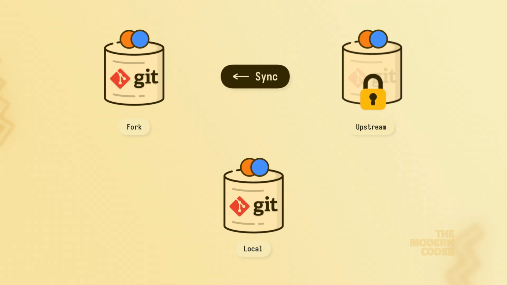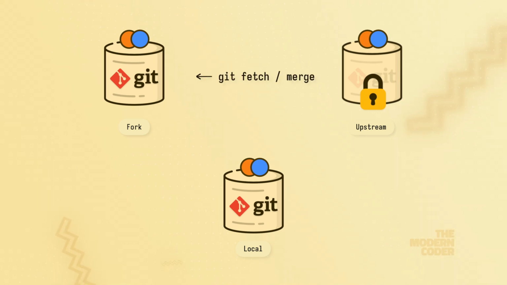However, other sync operations provided by your hosting service are typically just wrappers on top of basic Git commands like push, fetch, and merge. So don't feel like you always need to rely on your hosting service to perform these actions. So to recap quickly before moving on to some real life examples,